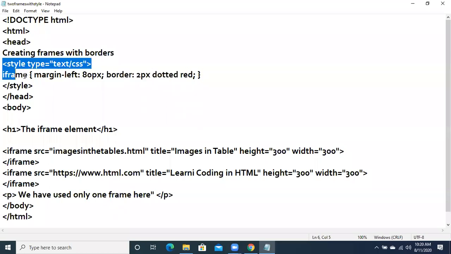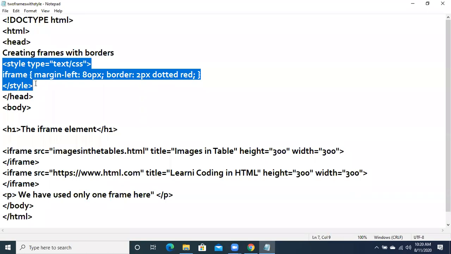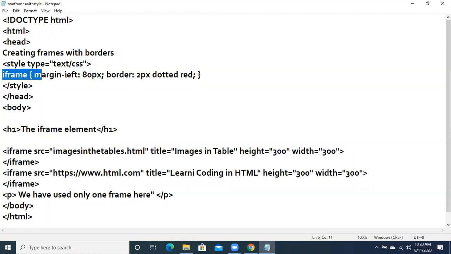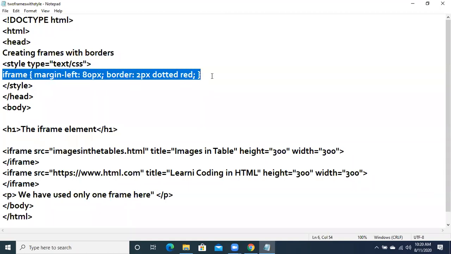We have set some properties. Remember in the last chapter we had used the style tag. Style type is text slash CSS. Basically, when we are applying styles, we mention this thing, and over here I am going to apply the style on the frame that I am using.